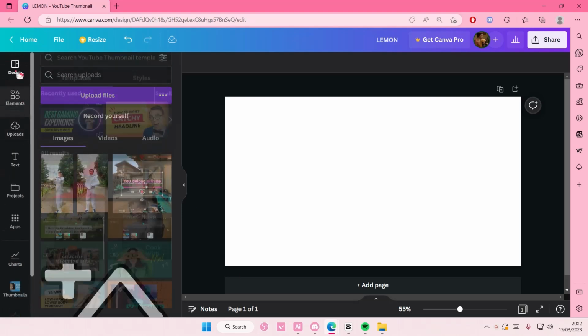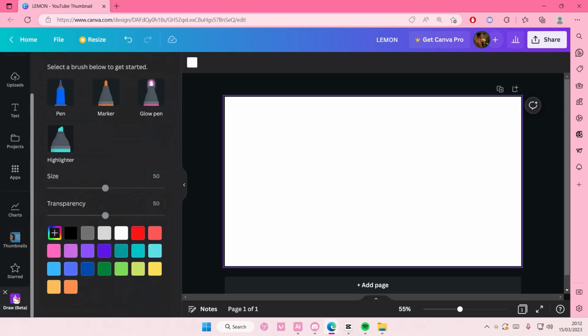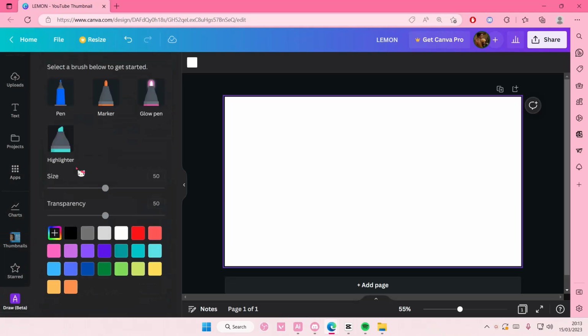In this video I'll be showing you how you can create this gradient blur background effect on Canva. So you are going to go to this draw right here. If you can't find it, it's in apps and it's the draw one, and you're going to select the marker tool, adjust the size, and you're just going to create like